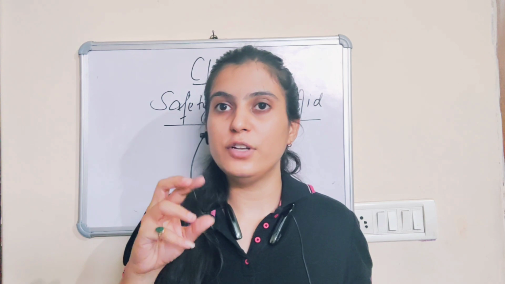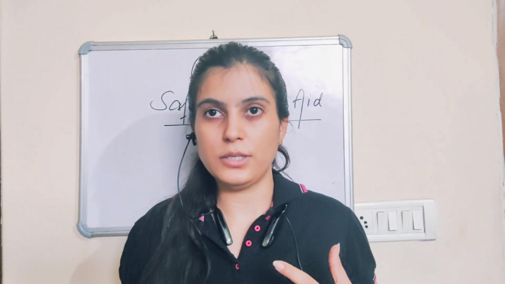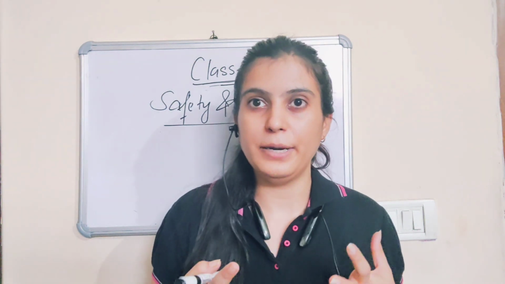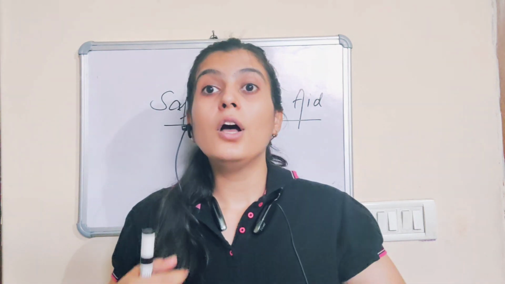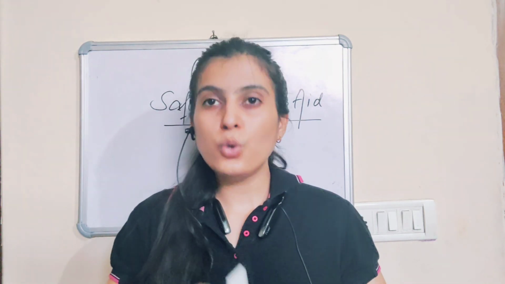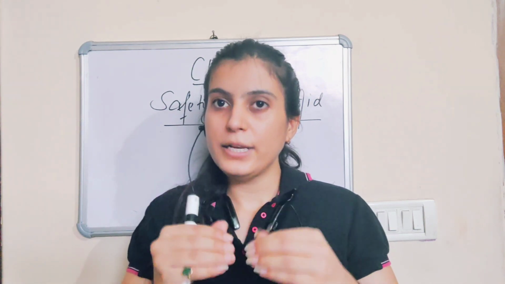If the cut is larger or deeper and blood is flowing and not stopping, what we do at that time is put a tourniquet over it. What is a tourniquet basically? You have to tie a cloth or a cord-like structure above the wound so that blood can stop